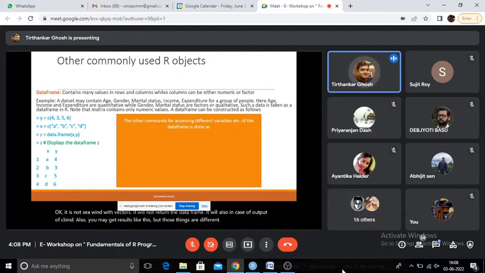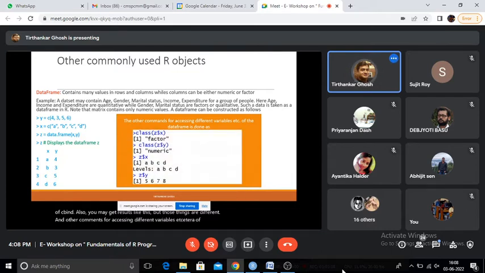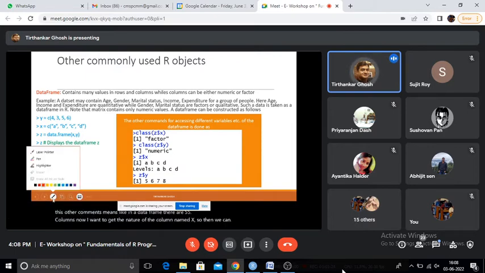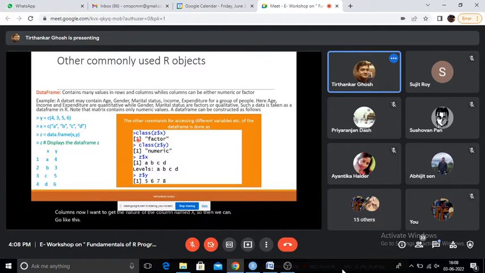And other commands for accessing different variables etc. of the data frame are done like this. Like in a data frame there are five columns. Now I want to get the nature of the column named x. Then we can go like this: class of the x variable of the data frame z.